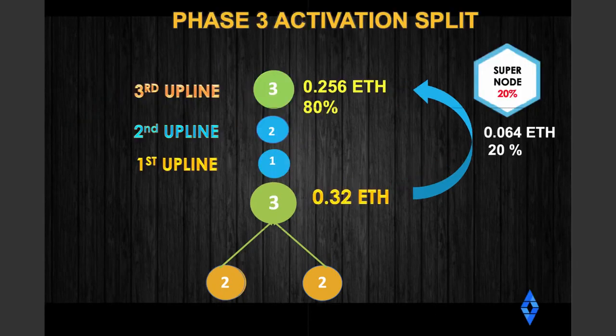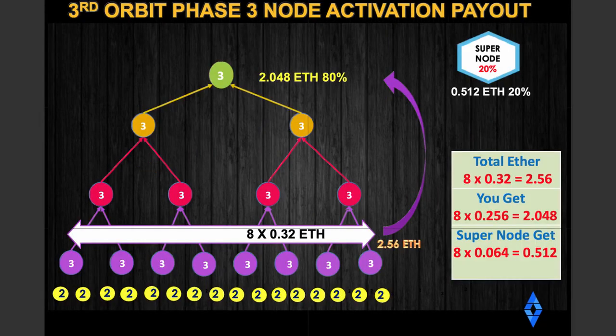In this slide, we'll see how the income that comes with Phase 3 activation is split. When you send 0.32 Ethereum to a person, 0.256 Ethereum from that should go to the third upline. And the balance value of 0.064 Ethereum will go to the supernode. Like this, when 0.32 Ethereum that is generated in each of the 8 nodes reaches the smart contract, you get